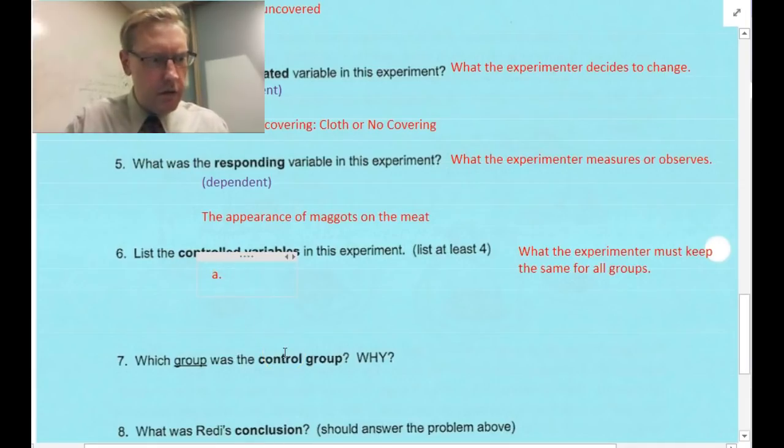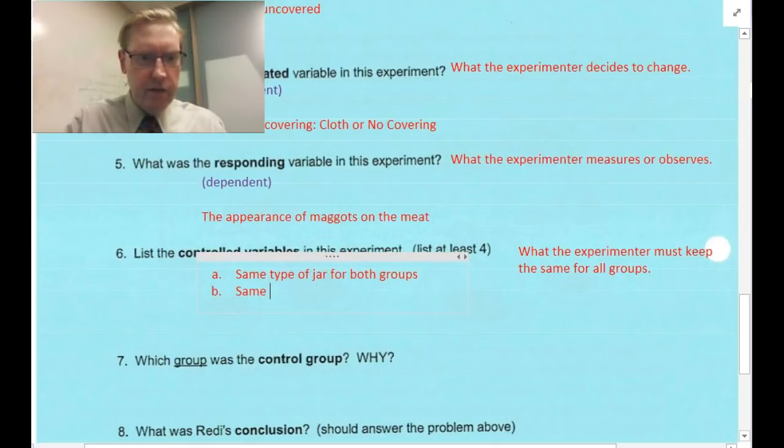He decided to use the same type of jar for both groups. B, I think he decided to use the same kind of meat in every jar. It looks that way in the picture, certainly. C, it does not explicitly say this in the description, but I'll explain in a second why I think this has to be true. Same